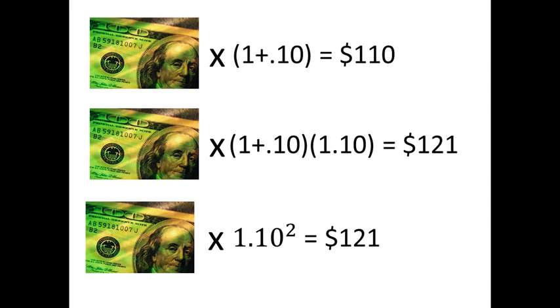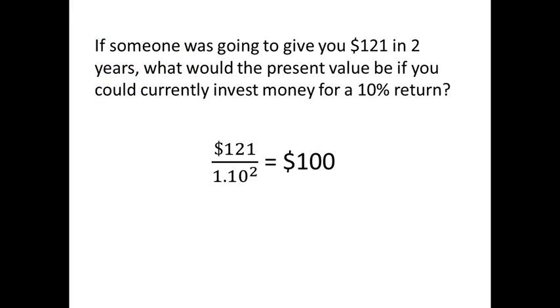These examples are just to help you understand the valuation of bonds conceptually. If someone told you they would give you $121 2 years from today, how would you figure out what that $121 would be worth today? If the interest rate is 10% and you would receive this payment 2 years from today, then the present value would be calculated as 121 divided by 1.1 to the second power, and this would give you an answer of